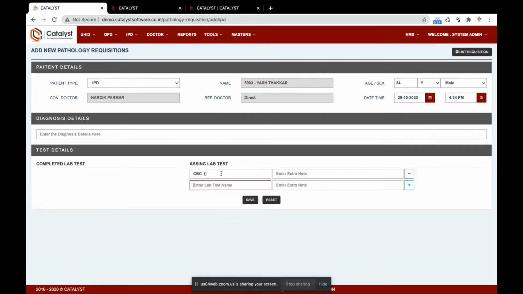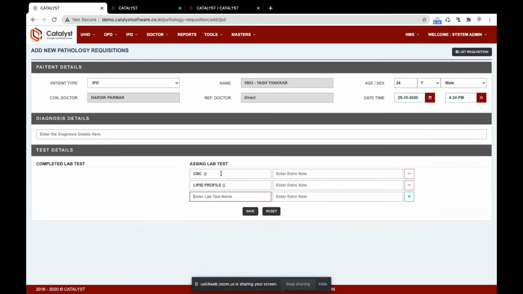They enter remarks, like after 2 hours or everyday one, and the clinical details, like a dengue patient or viral fever patient.